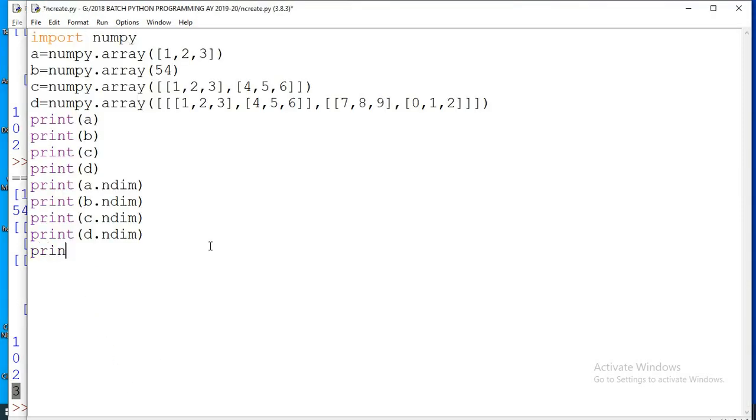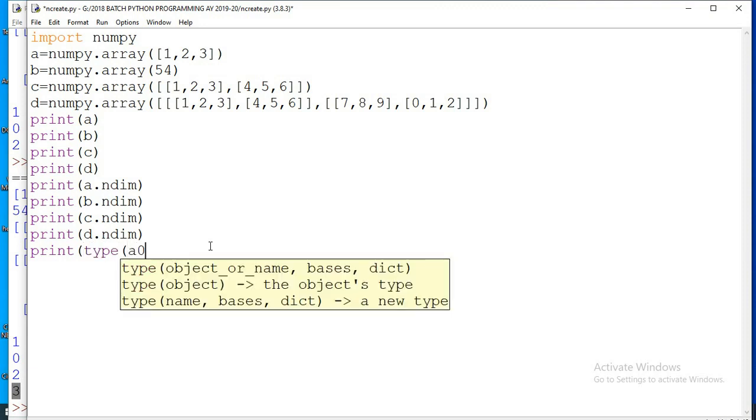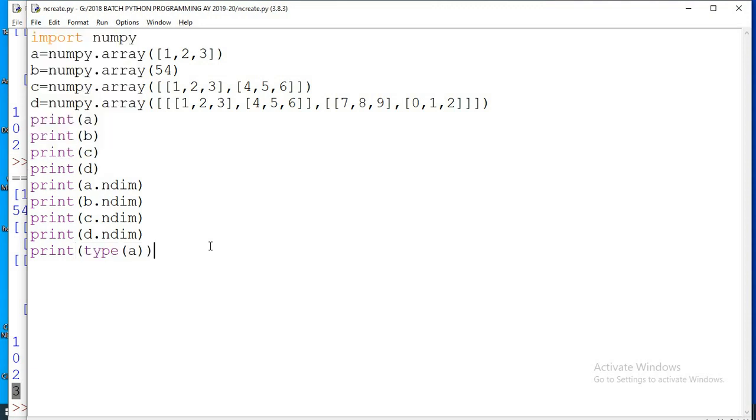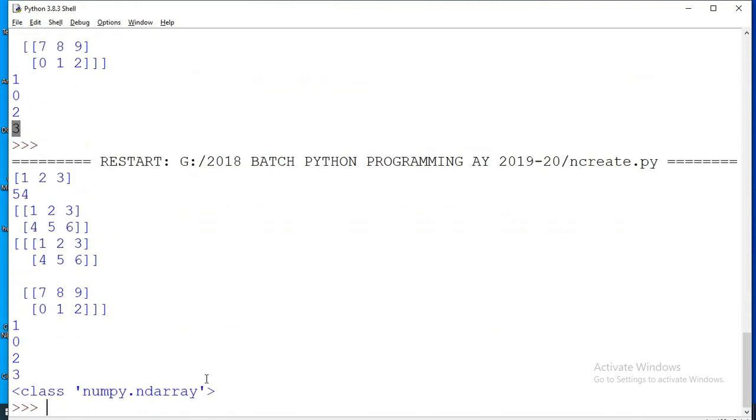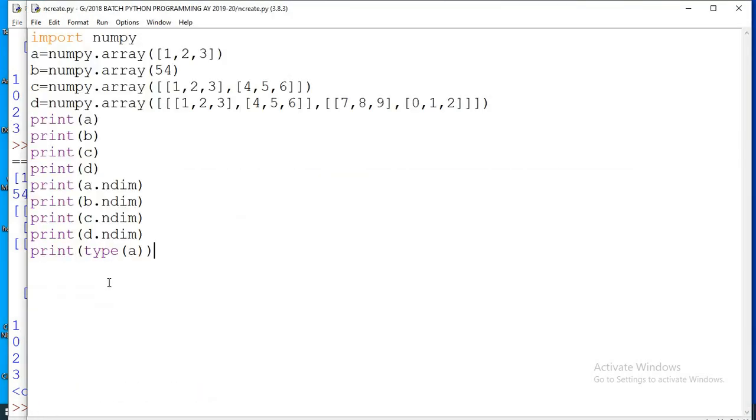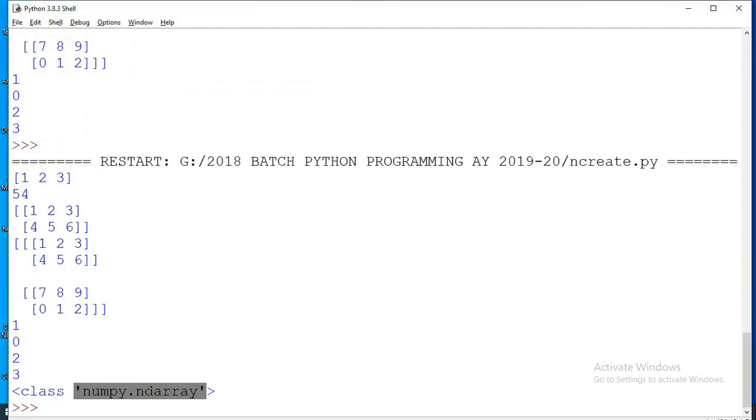Right? And also we can check the object type by using the type function, type of A. By using this type function, we'll get what type of object is assigned. So we are checking the type of A, which is given as ndarray, which is of numpy, right?